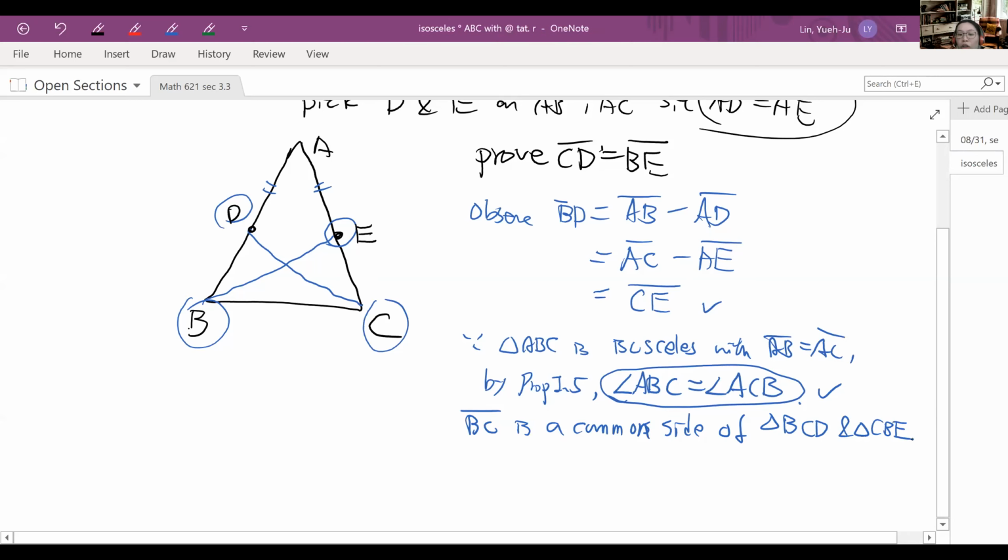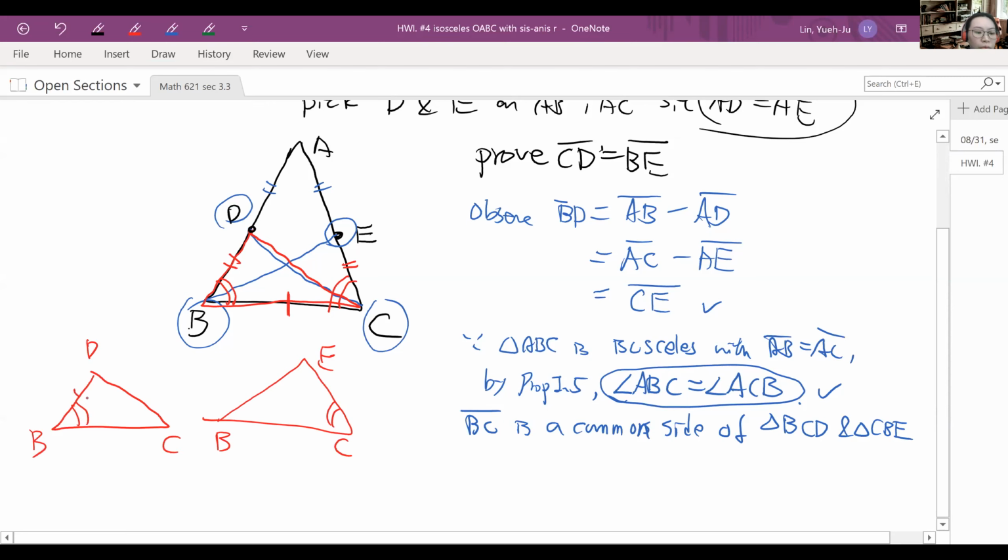We already know this angle is the same, and we know DB is the same as EC, and we have a common side here. So essentially you have a picture like this, which tells you you have SAS. So by the SAS scheme,